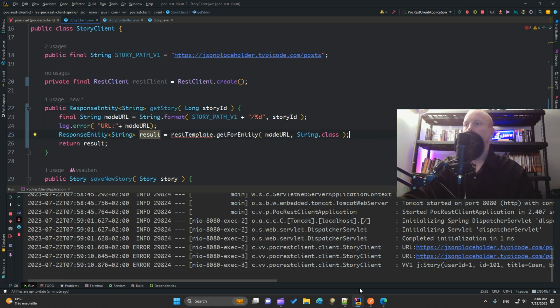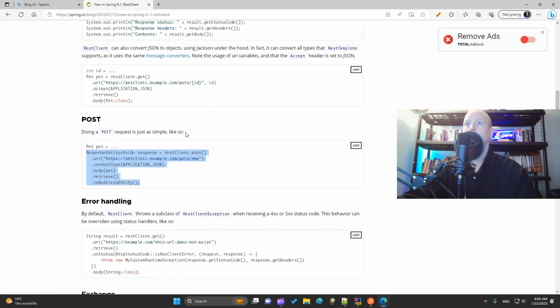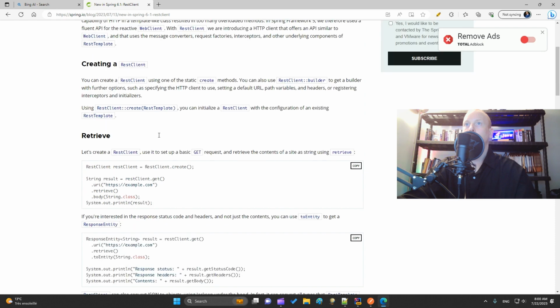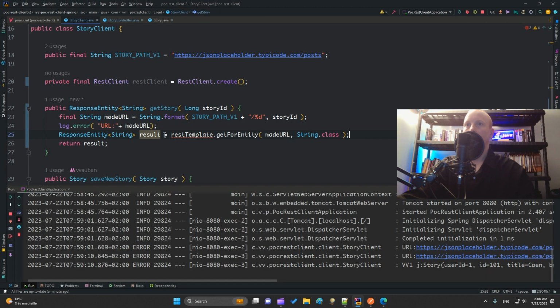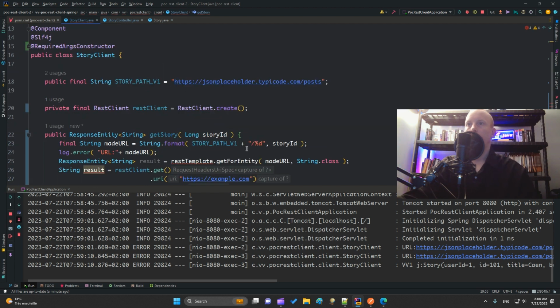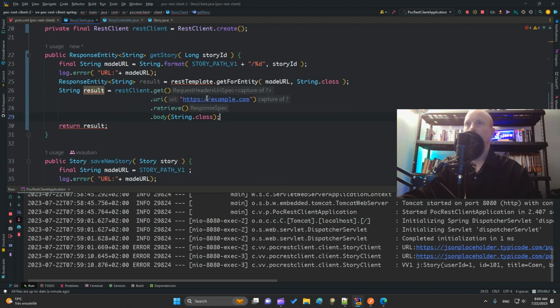And now we'll replace all the calls of REST template with REST client. So I go to the article. I go to the get part. So here it is, the result. I pass it just below, and I replace this.